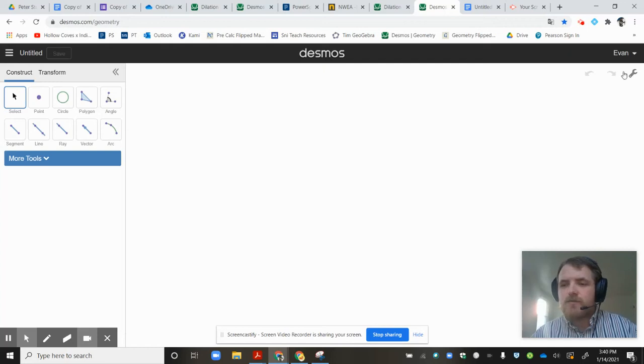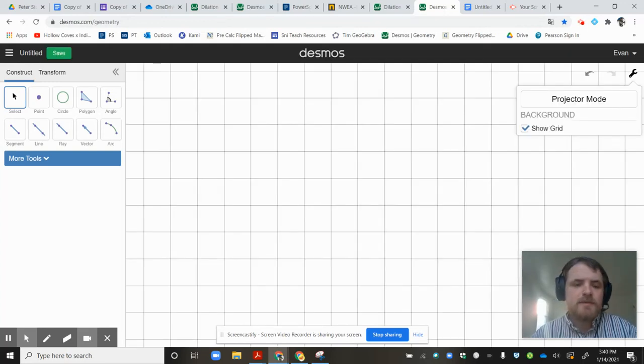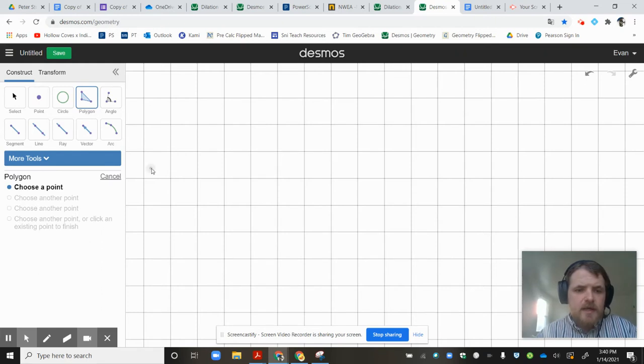to go over to the wrench and click on show grid. Okay. It'll just be a lot easier to deal with. Then when you make your triangles, I'm going to do what in my opinion is the more simple triangle first. And so what I would do is I would click on the polygon, okay? And if you hover over close to the intersection, it'll go right on the cross, which will be pretty helpful